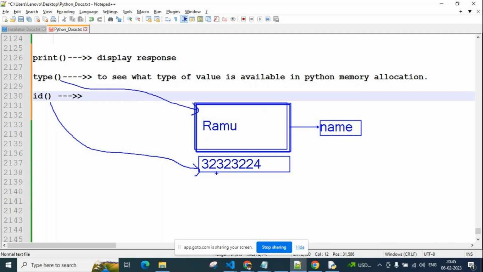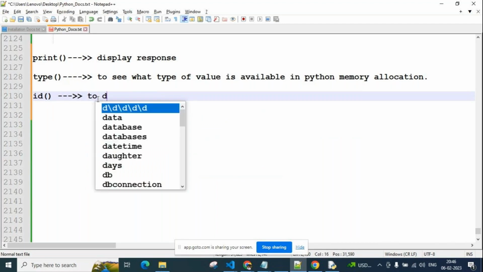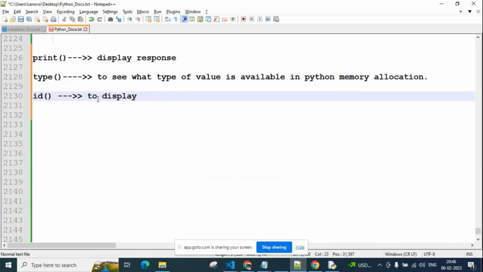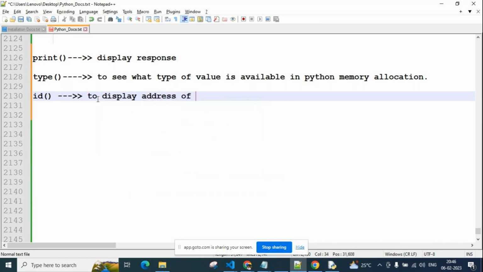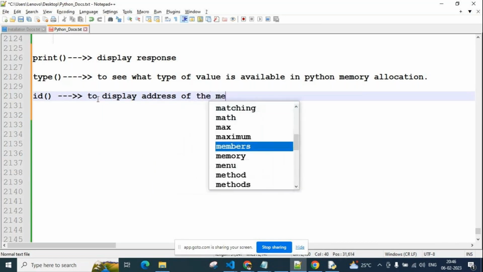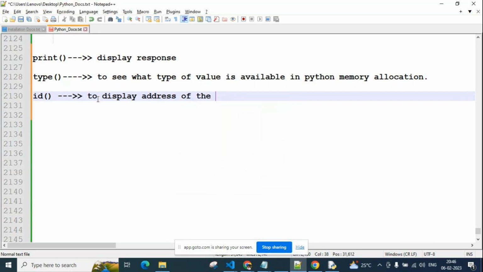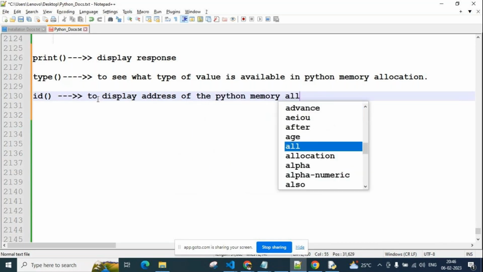Simply, id is nothing but an address. It displays the address of a Python memory allocation.